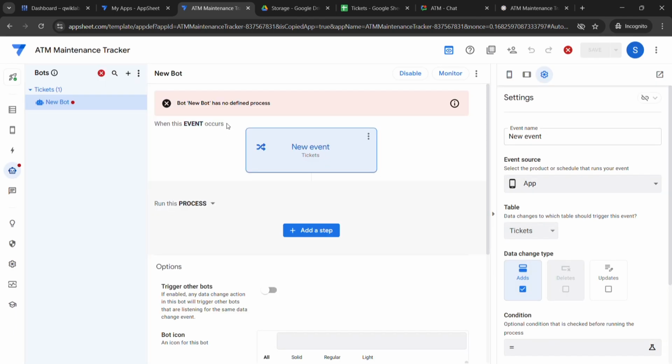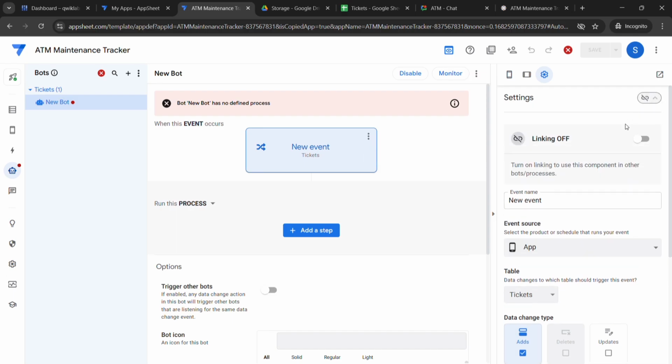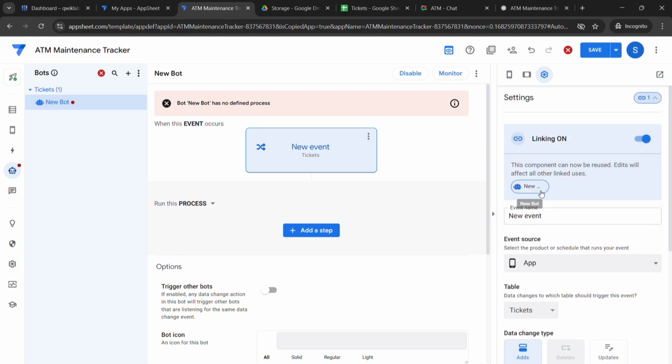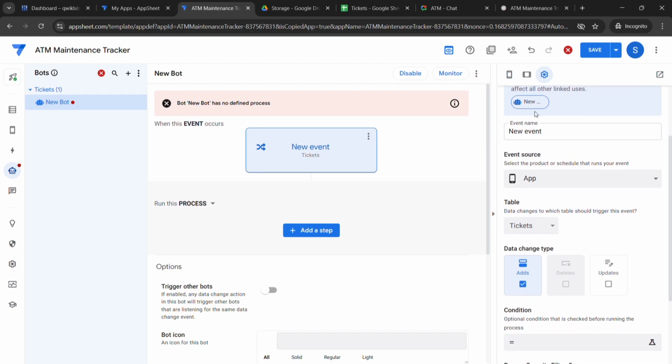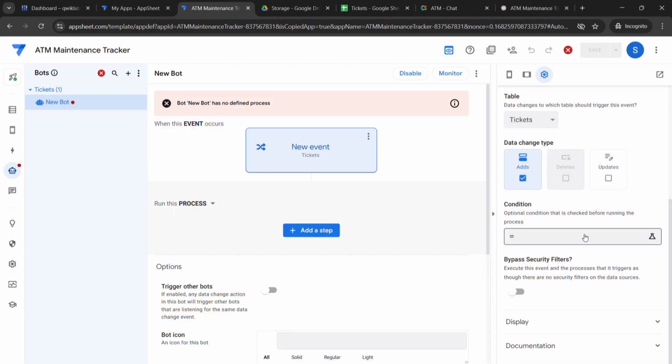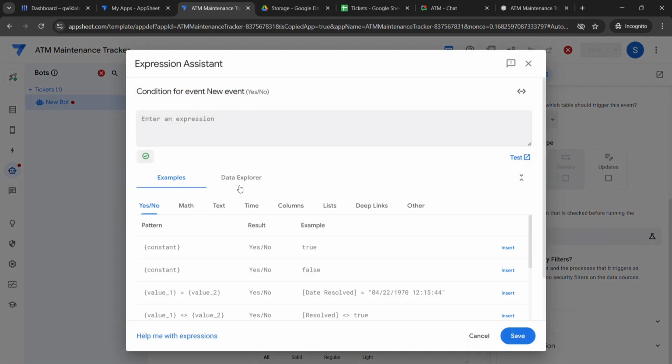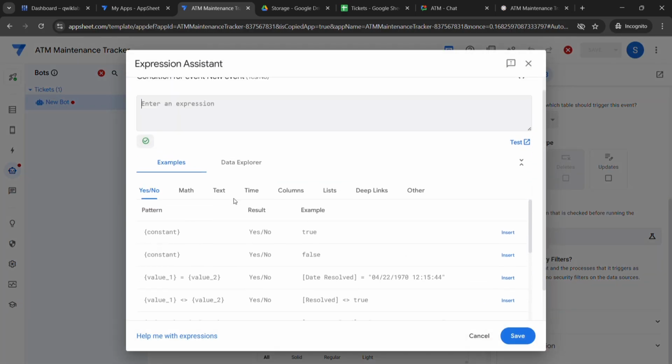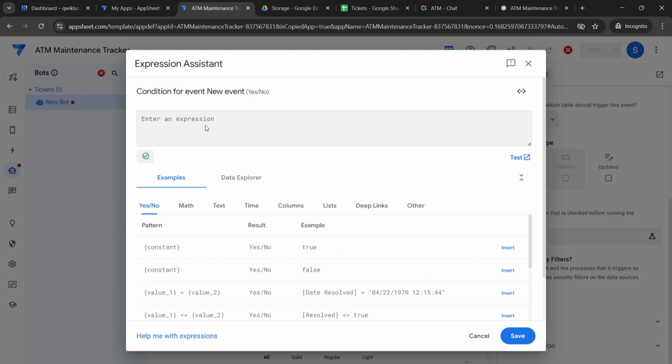The new bot has no defined processes. Click on edit, turn on linking. Video edits will affect all other links used. New bot. Now click on save. Still the same issues. Conditions. Okay,